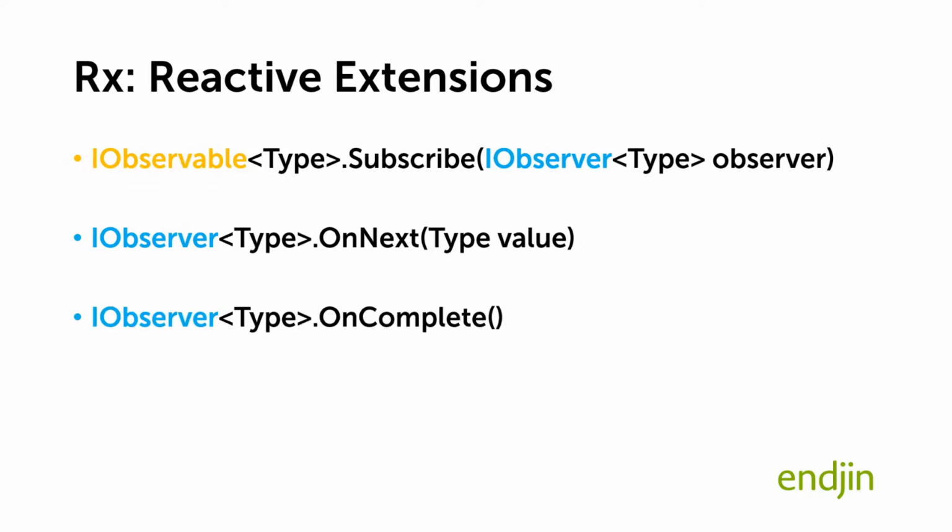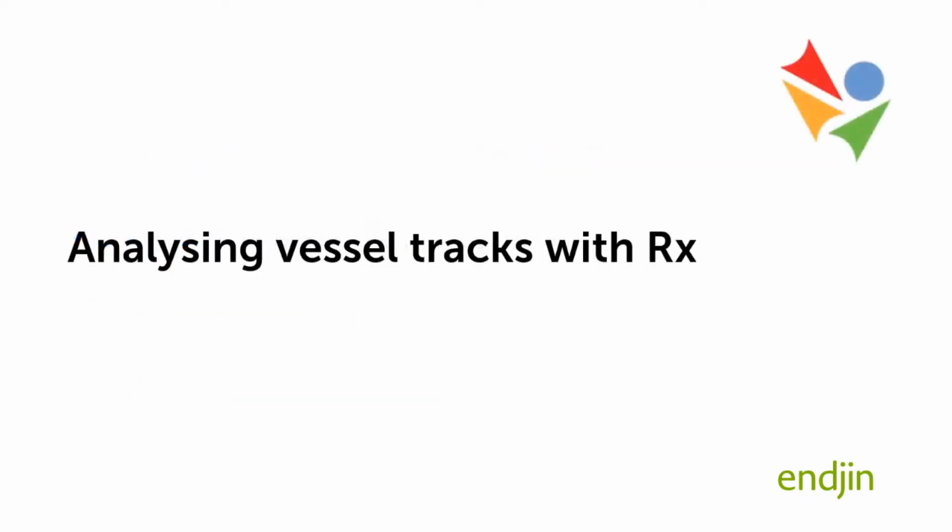There's also an OnCompleted. Some sources naturally reach an end, and if they do, they call OnCompleted on their observers. And once they've done that, you'll never hear from them again. Or they might fail. They can say, it's all gone wrong, here's an exception. That should have an exception argument, missing on the slide, sorry. But yes, that will also be the last thing you'll ever hear from a source as well, if it dies on you. So that's the basic model.